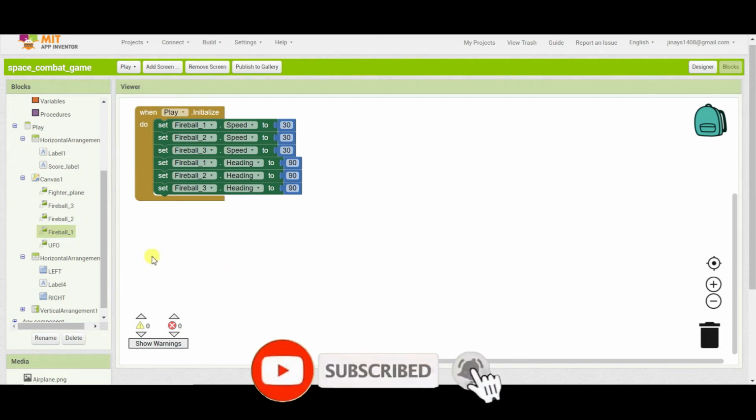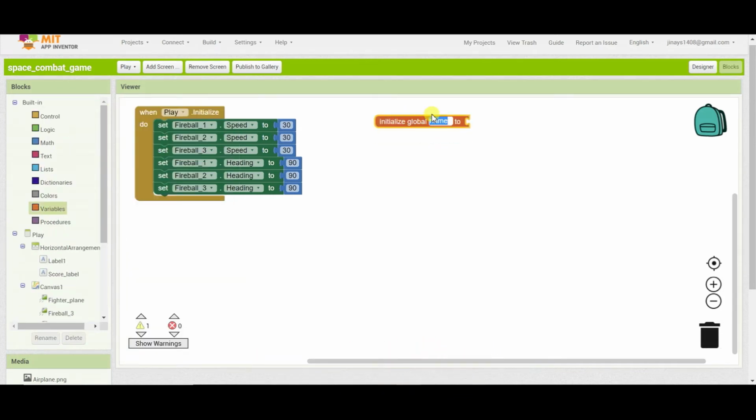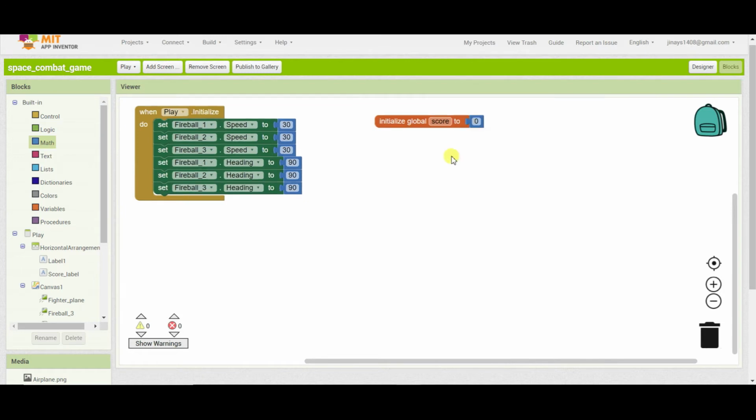Next, we will initialize one global variable, that is score, and we will set the score to 0. Whenever play is initialized, we have to set this global score to 0.